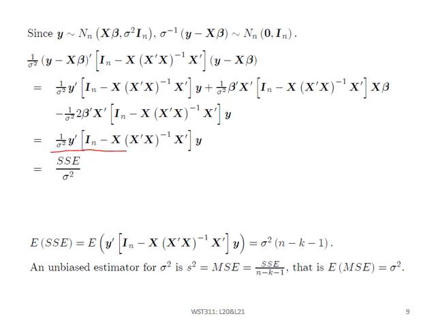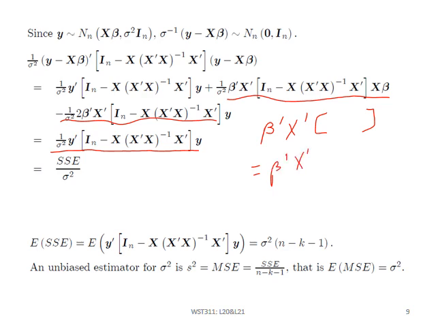In order to get this expression over here, we need to show that this value over here equals 0, as well as this value over here equals 0. To do that, note that beta transpose X transpose times the idempotent matrix in the square brackets, if we only focus on that, equals beta